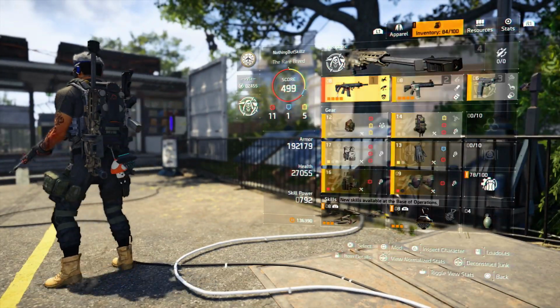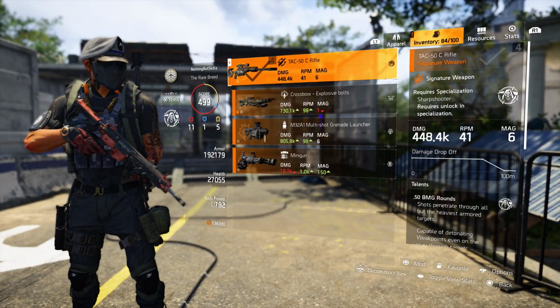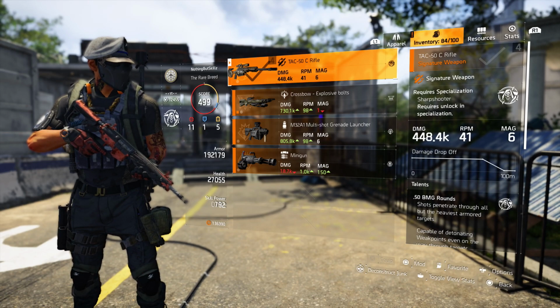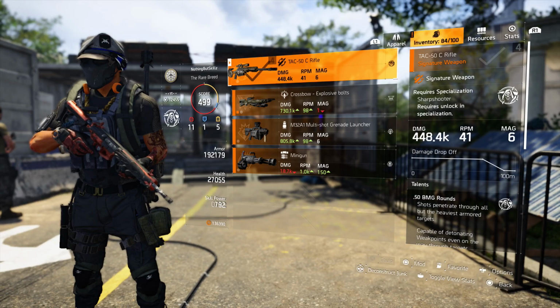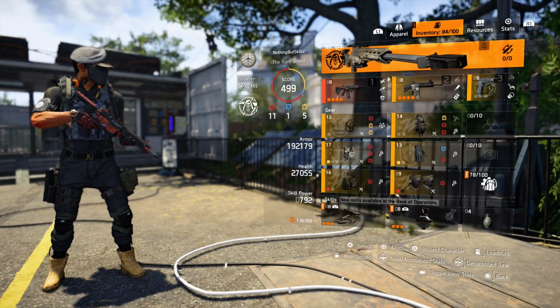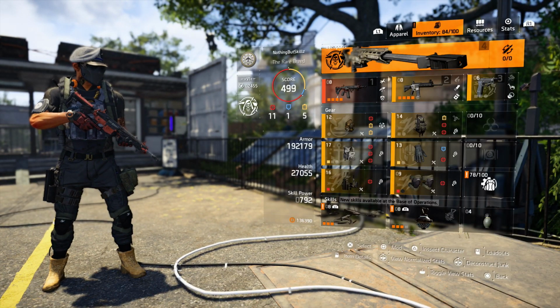So let's get into it. Right off the bat, we see we have the TAC 50, 448,000 damage, and that is the main damage that you're going to get out of this build. Now, we are running 11 offensive, 5 utility, 192,000 armor,